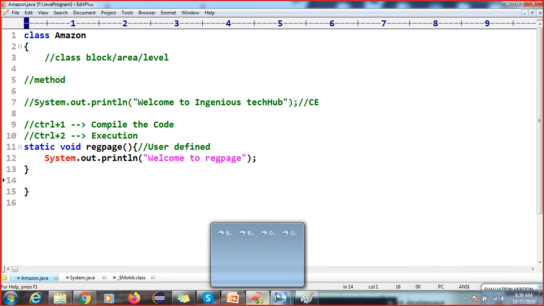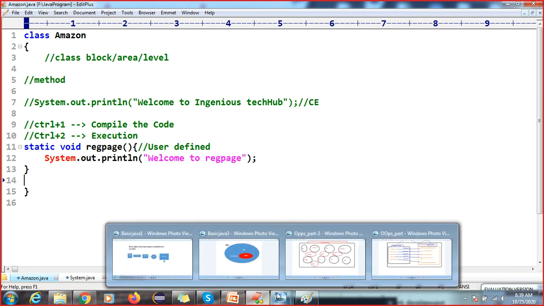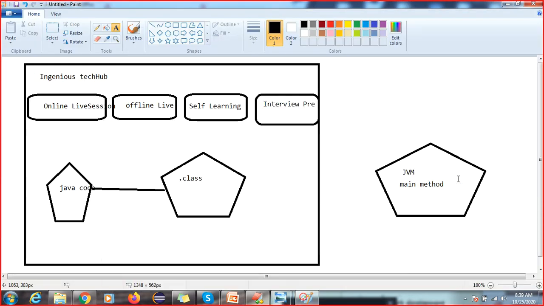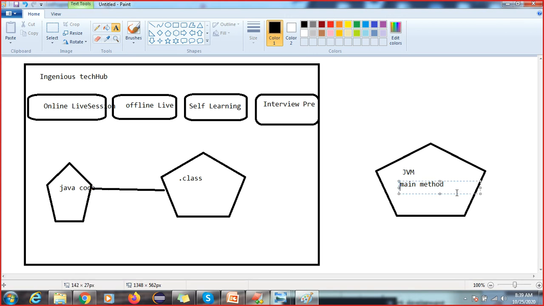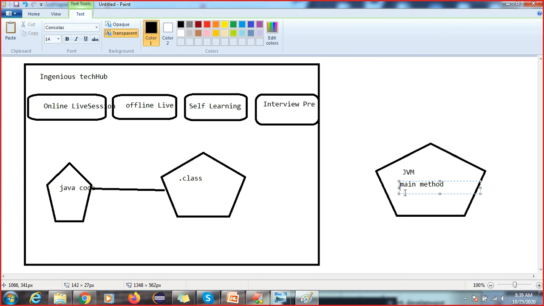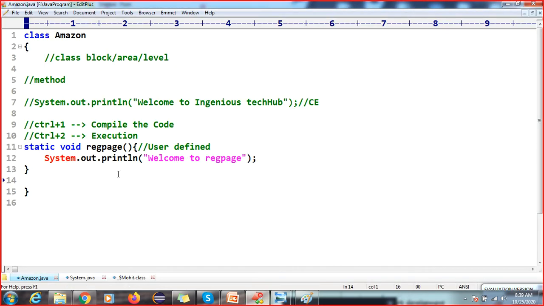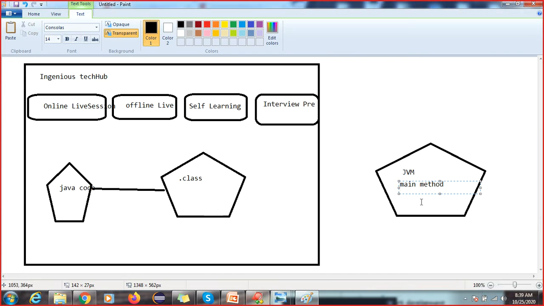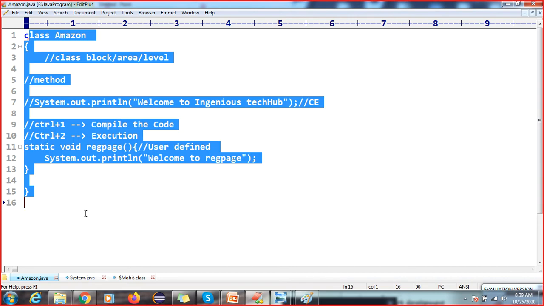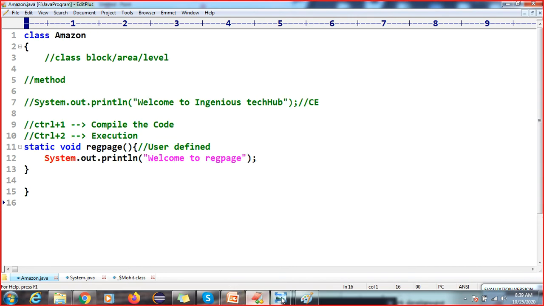So while testing, the JVM people developed one common method inside this JVM. The logic they developed is, if someone executes this Java code, the JVM only searches for where your main method is. JVM doesn't care about what else you have written here. JVM only searches for where your main method is.